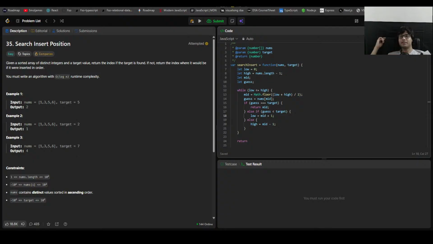Okay, if you cannot see that. Now this is okay, so we are gonna do like low. If 2 is lower than my high,